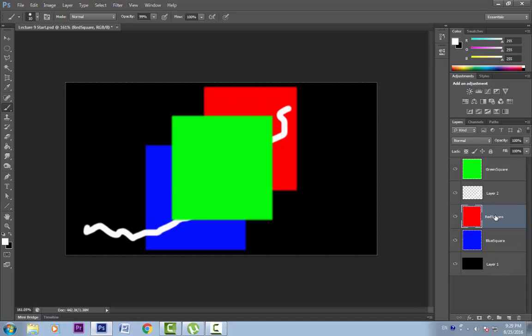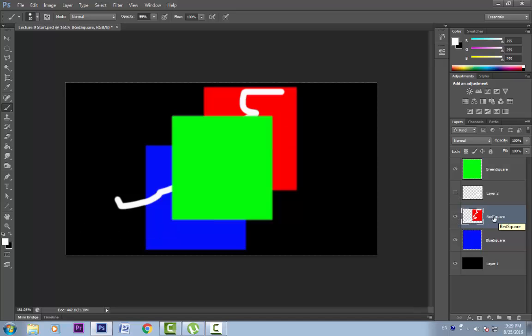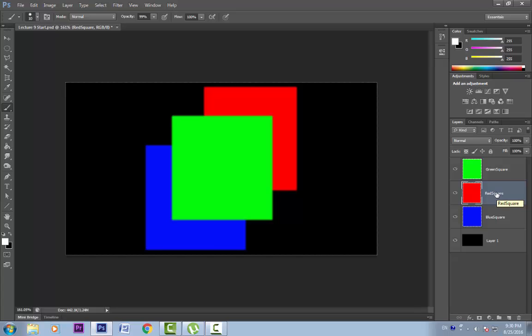Now why is it not good to paint on a wrong layer? Because we do not have independent control on both these layers. If I want to delete this brush stroke, I cannot. I'll have to delete the whole layer. Next thing I want to tell you, let me delete the last brush stroke and let me delete this layer. Now one thing I want to tell you is that we can control the opacity of these layers.